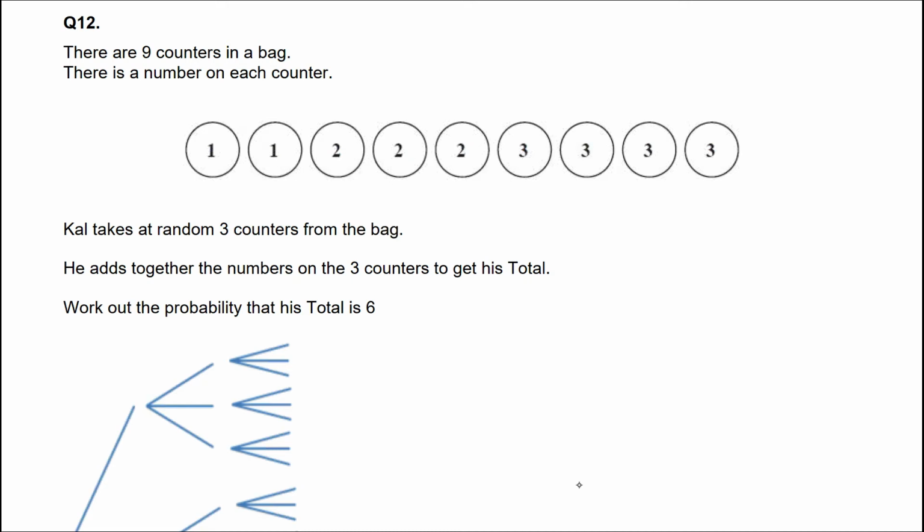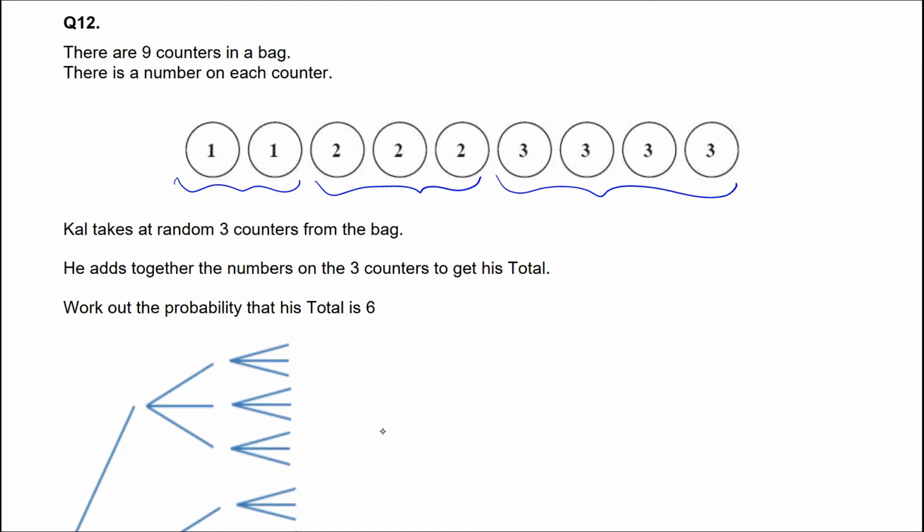There are 9 counters in a bag. There is a number on each counter, as you have shown here. So these are the number of ones, twos, and threes. All right. So Carl takes